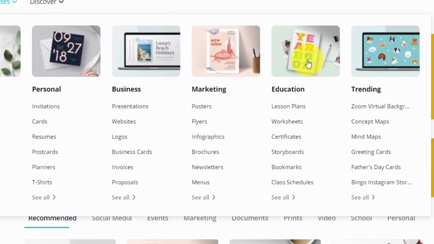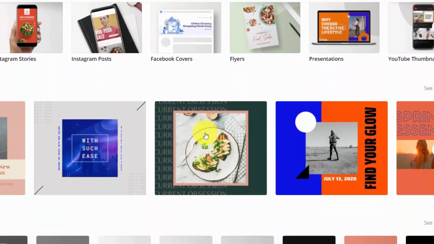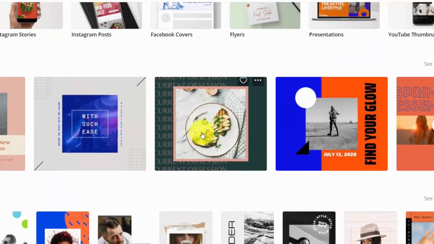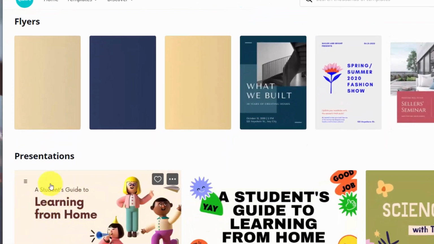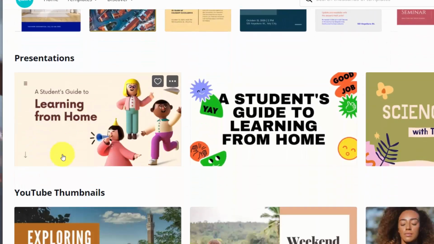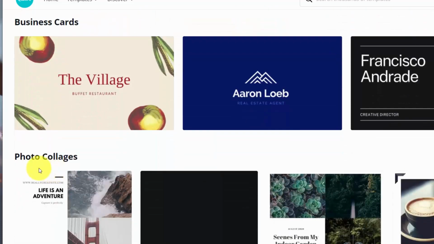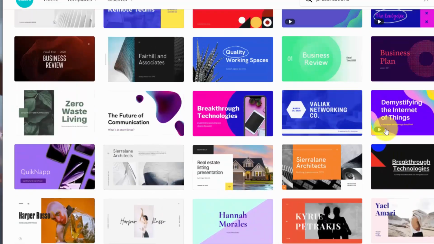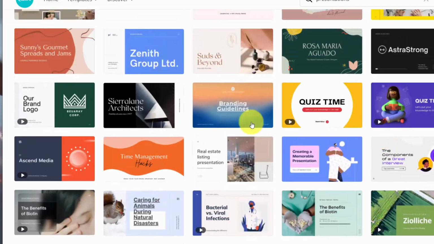I will choose these educational templates, and then you will get these different templates out of which you can use anything. You can have designs for flyers, for presentations, and you can create cards and business cards using Canva. So lots of different templates are available for you, and you can choose anything from them.